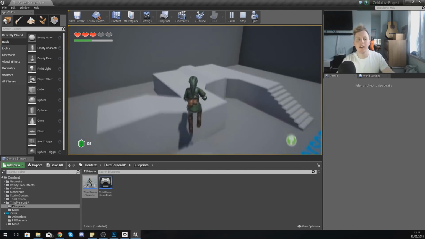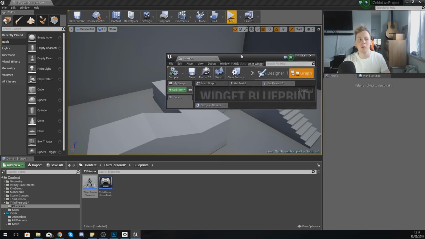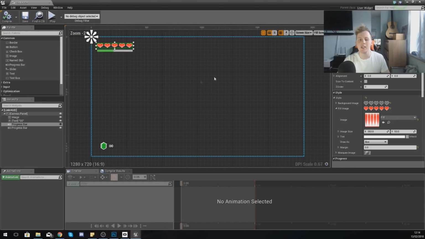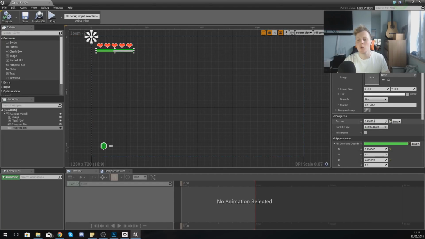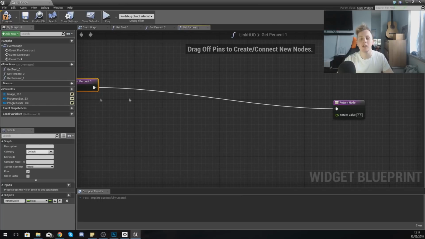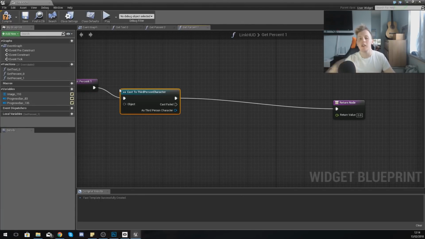So lastly, there is only one more of these that we need to do, and that is going to be for our magic bar. So once again, I'm going to open up my blueprint for the link HUD, go to the design view and select my magic bar. With this, once again, we're creating a progress binding. Create the binding and then sort of give yourself a bit of space and simply cast to the third person